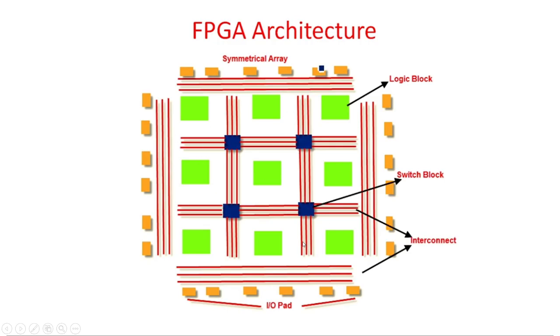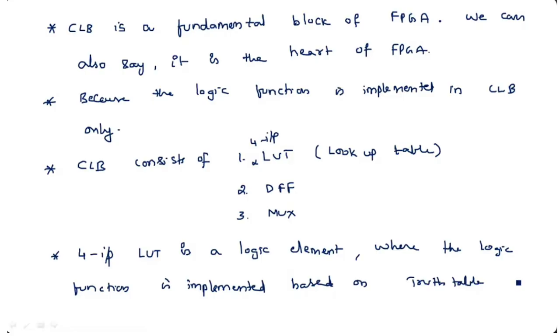Suppose I want to know the maximum number of inputs I can connect to one CLB. Four inputs I can connect to the CLB. Suppose I want eight inputs, then I will use two CLBs. Two CLBs are connected through these interconnects. Like this, I can design any module. So this is about the interconnects